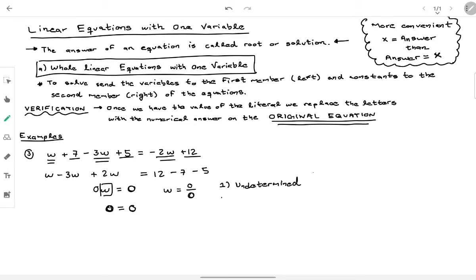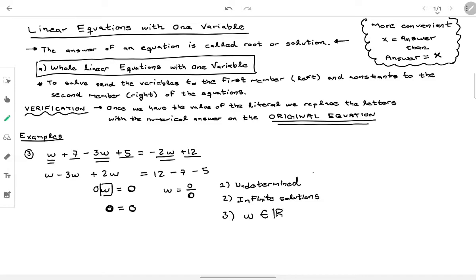We can put infinite solutions. So we can say this specific exercise has infinite solutions. Or we can also put it in a mathematical way, that in this case w is part of